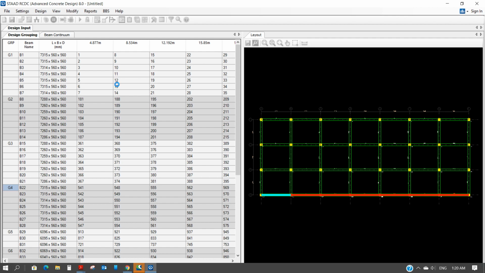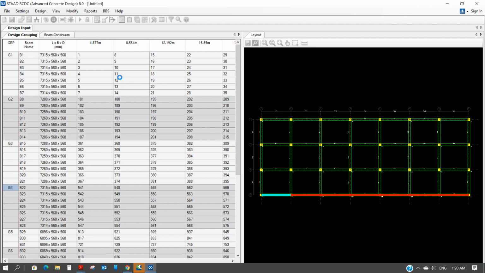Of course, because this is a huge model, lot of beams are there, so lot of iterations are needed. It will take some time. Meanwhile,